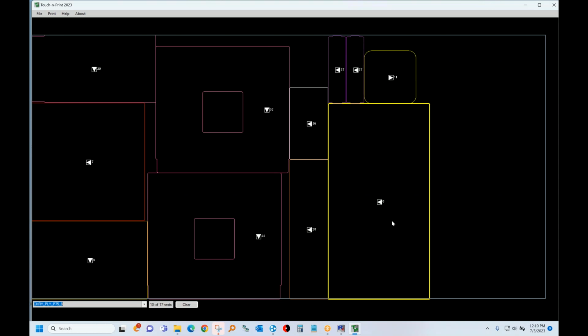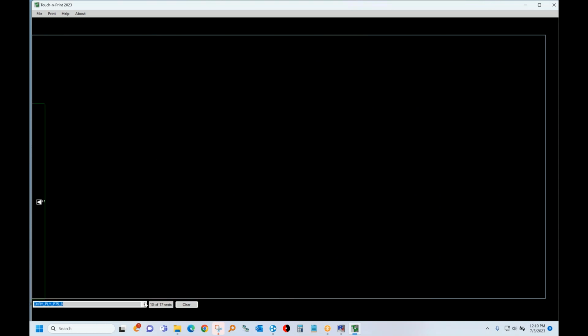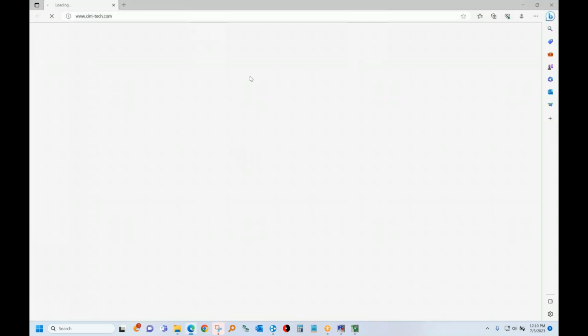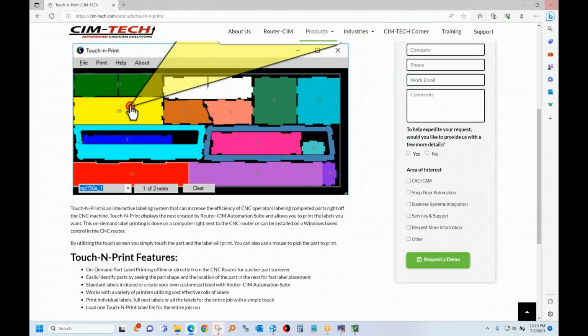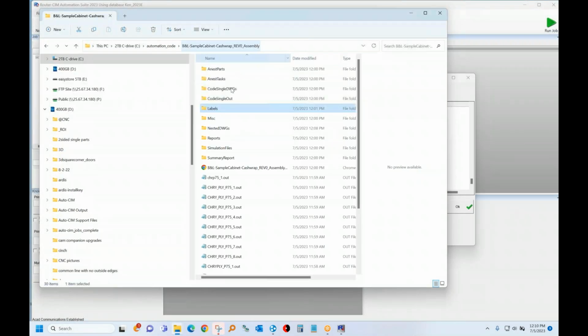Otherwise, he has to look at the label and see where part number 6 is and stick it there, right? So this is a great feature. It's called Touch and Print. It's under our products, and it's on-demand labeling. It's a nice little optional feature for the Router-CIM. The other information in here is all of your